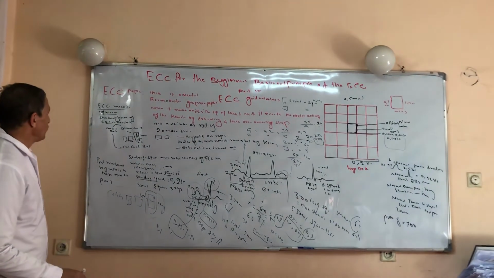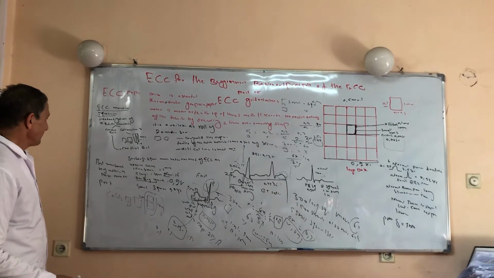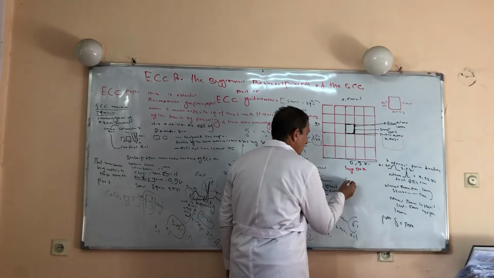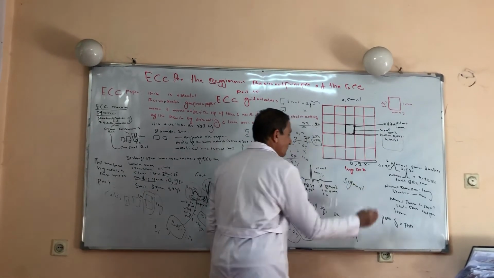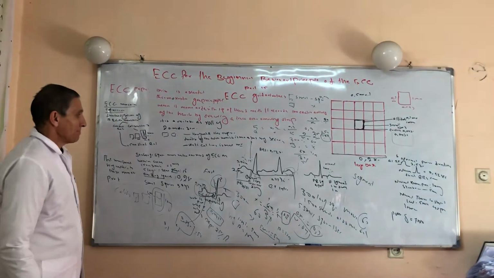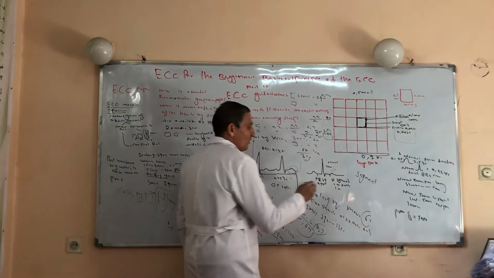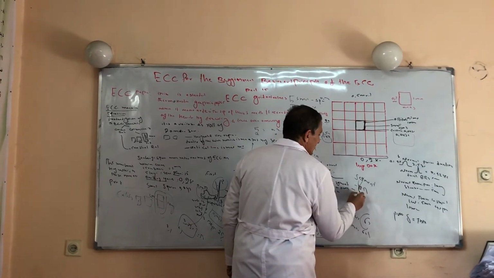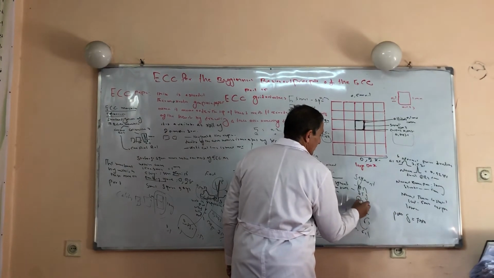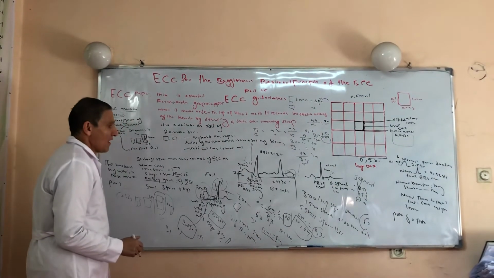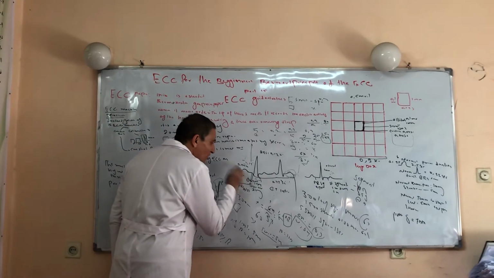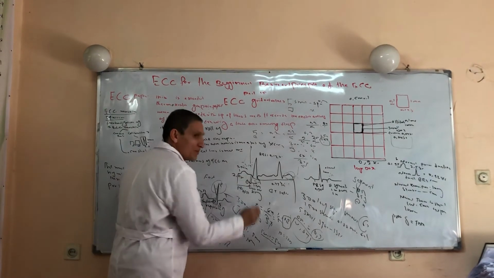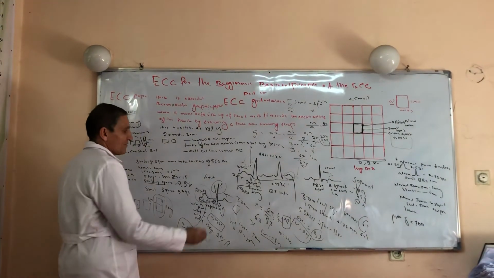Another one, segments. We have got three segments in the ECG: the PR segment, the ST segment, and the TP segment. What is the PR segment? The PR segment is the segment which starts from the end of the P wave to the onset of the R wave. That duration, measured on the ECG paper, represents 0.25.